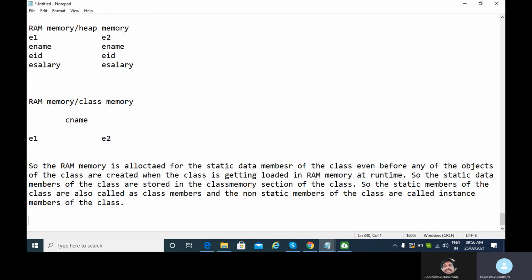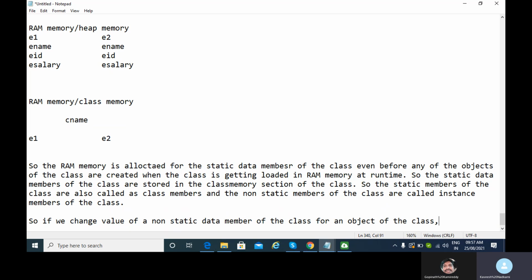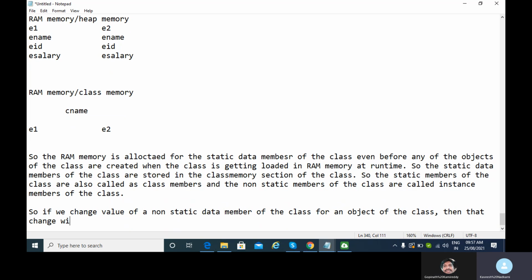Clear? So I'll write: if we change the value of a non-static data member of the class for an object of the class, then that change will not be reflected in the value of the non-static data member for the other objects of the class.